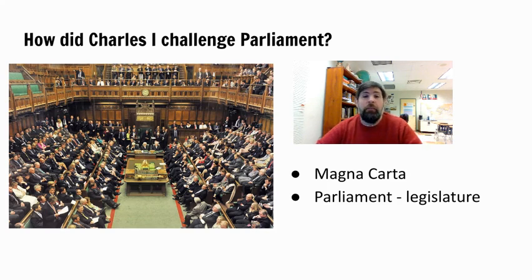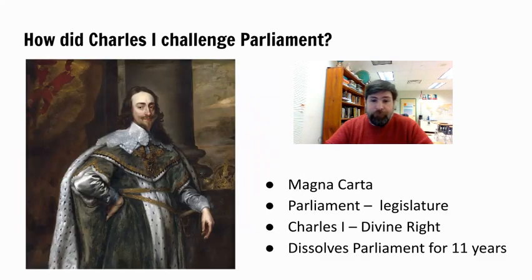And Parliament is a powerful check on the power of the King of England. Because England had a parliament, the king had less power than, say, Louis XIV of France or Peter the Great of Russia, because Parliament had power too. So this becomes a problem because after